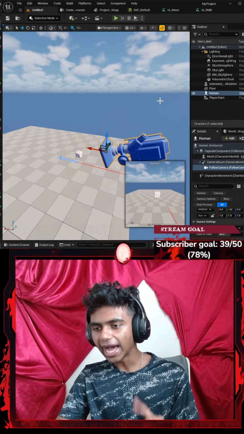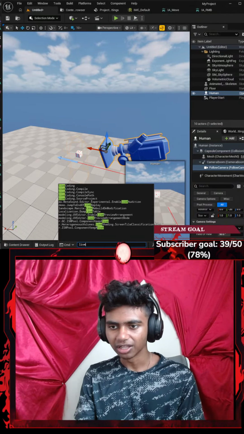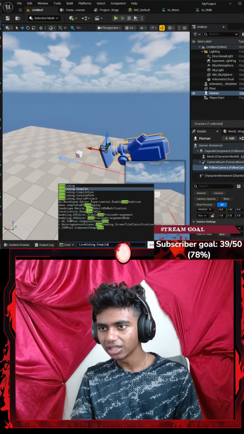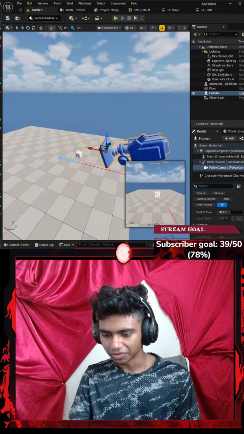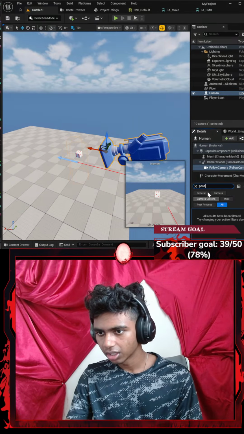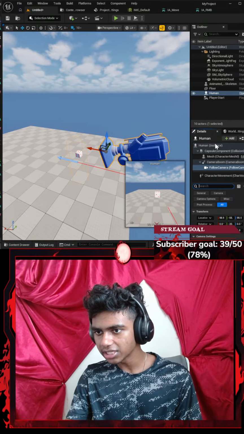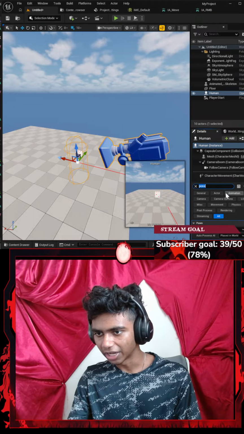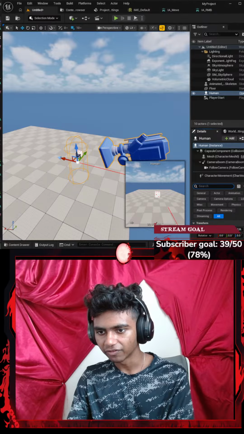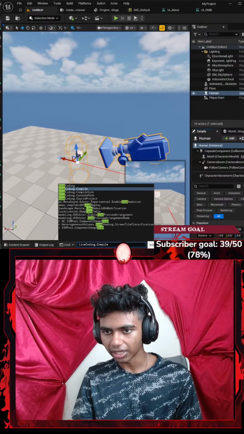There we go. And now, if I were to live compile, let's go with something like live compile. Okay, my bad, guys. Before I live compile, I forgot to add a possess here. Let's go with something like possess. Okay, possess for my humans' entire instance. I'm going to set that to player 0. Now let's live compile this.